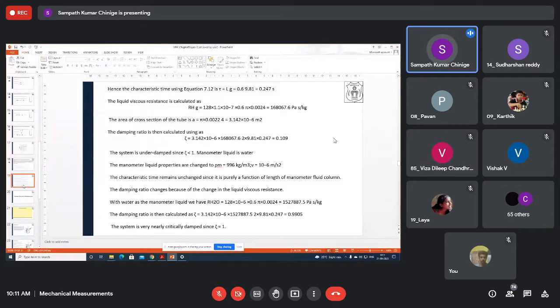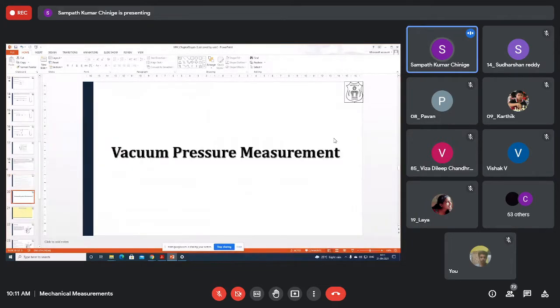So this is all we have already looked at in the previous class. If you look at the previous class sessions, you will be able to understand. But we are not going to give those things in the exam. Bellows also you have seen how to measure. You have seen that. Those are all the advanced instruments that we'll be using in the industry. Right. Now let us move on to the next topic, which is very important: vacuum pressure measurement system.